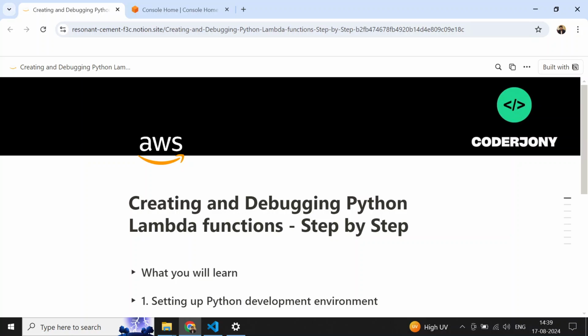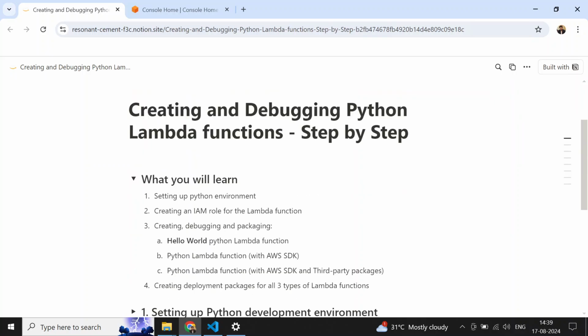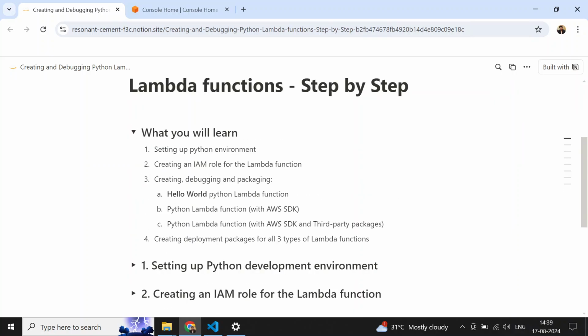I mean, there are multiple ways to build AWS Lambda functions. Like you can use AWS CDK, you can use AWS SAM CLI, but I'm not going to use those tools. Here I will just explain how you can build it entirely from scratch, and you will learn the concept of how these Lambda functions work. So let's start, and here is a sneak peek of what you are going to learn out of this